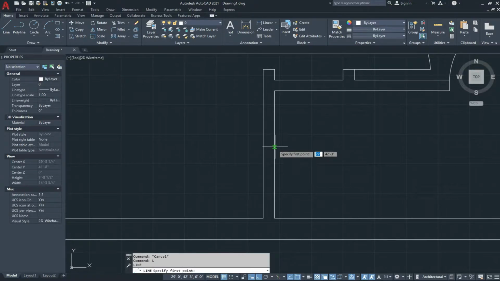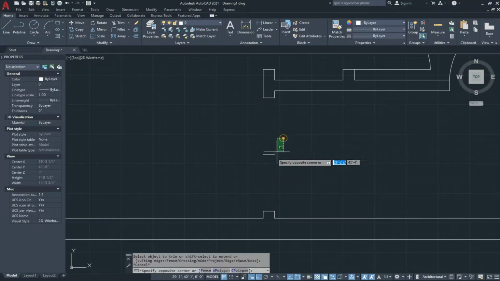Now we draw a window here, and the TR double enter and delete it.